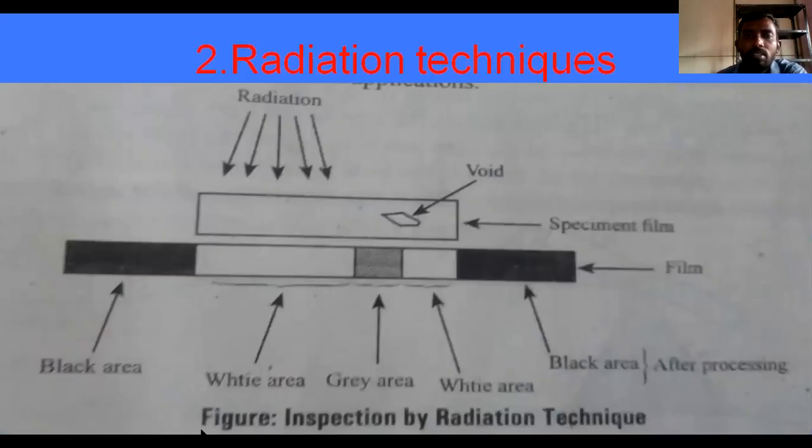Next we can see radiation techniques, ultrasonic radiation techniques. Radiation techniques are very important nowadays. Why? Because in films, we can take a picture, and if we want that picture, the machine should go to the photo studio. The studio cleans the picture and finally gives the perfect picture to the customer.